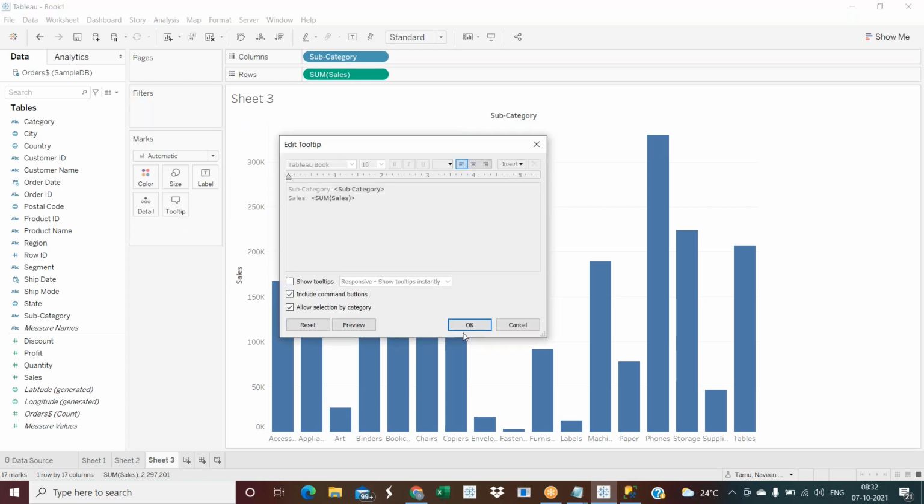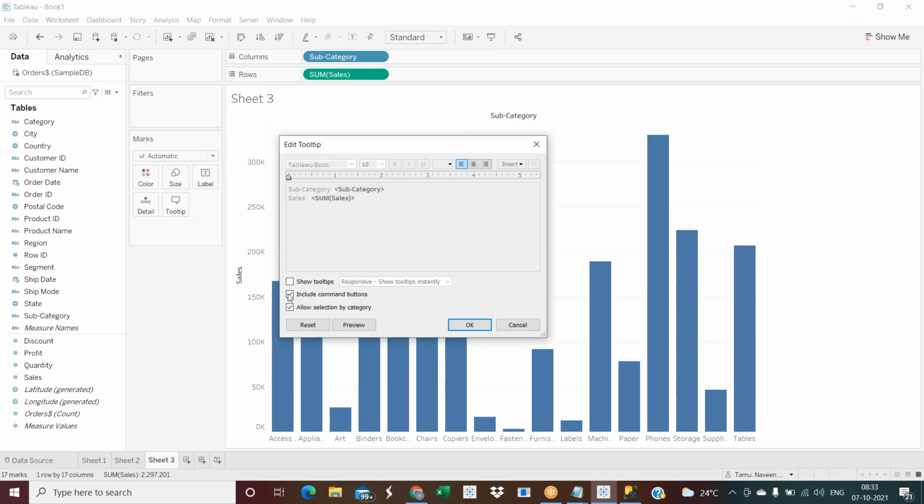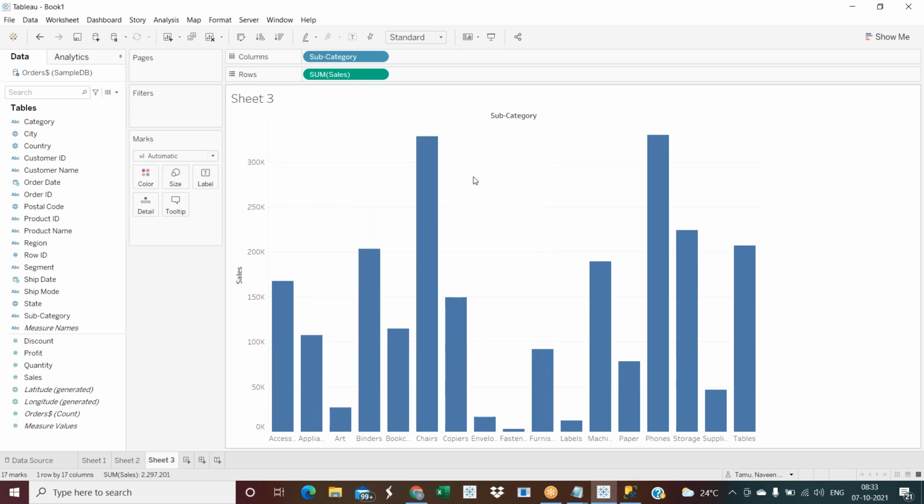I can uncheck Show Tooltips, and now if I hover over the bar, I cannot see it. Now I turn it on, and I can see it. Whenever a user hovers over a bar, he can see some information. It is the subcategory Chairs, and the sales is 382,449.